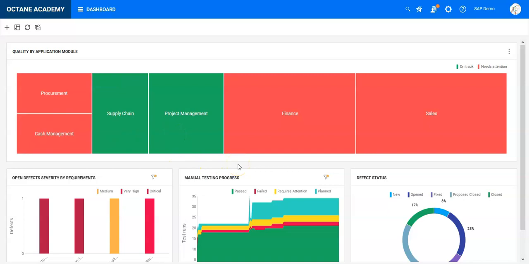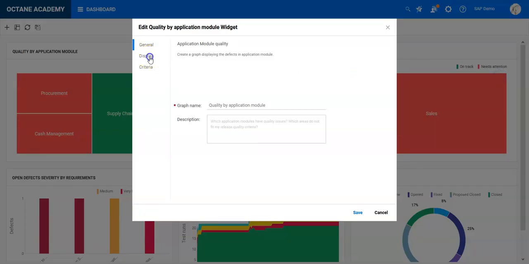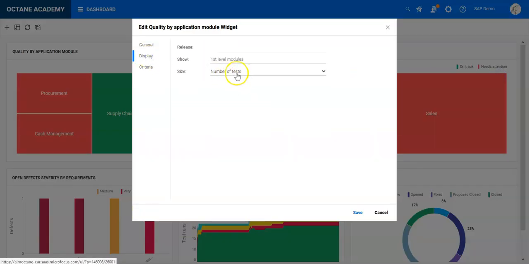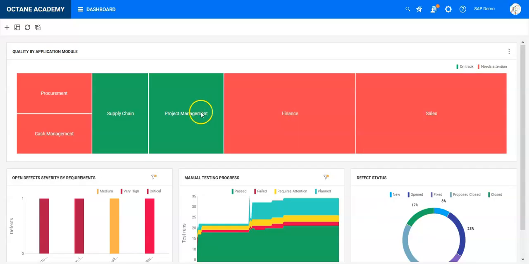And this is now also important. The size of the modules can vary between story points or number of test cases. As we are in a traditional approach, story points would not be the right configuration. So you can set the size of a heat map by the number of test cases it covers. I can see in sales we have the majority, the highest number of test cases. In finance I have a couple of test cases, and the lower the size, the fewer test cases